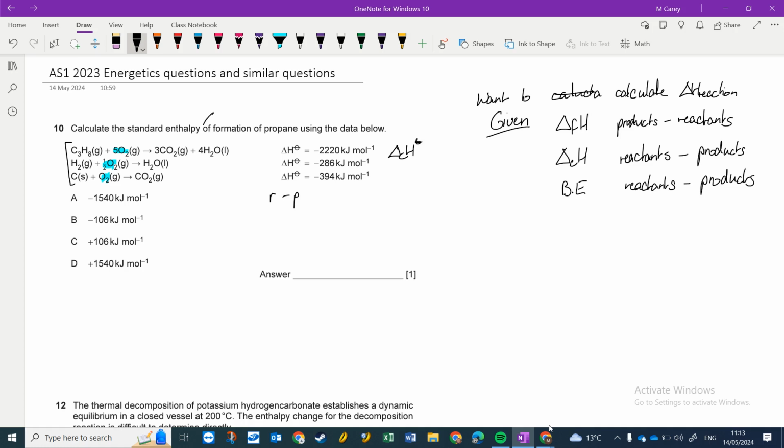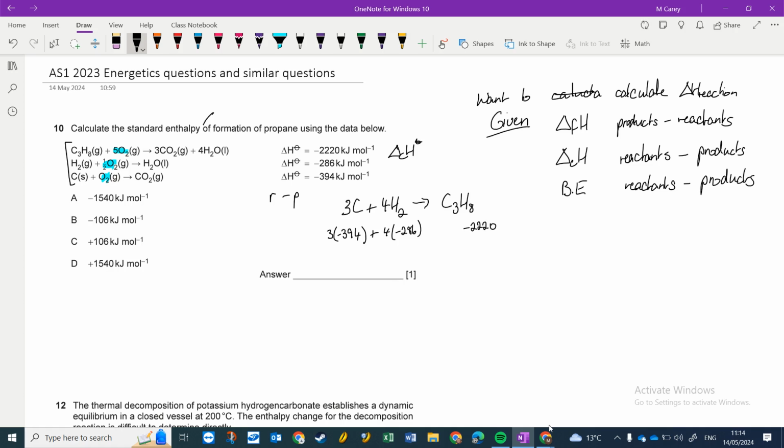So the standard enthalpy of formation of propane will be 3C plus 4H2 gives you C3H8. And then you would add together as necessary. So 4 times minus 286, 3 times minus 394, right? And then over here you have minus 2220. So when you calculate that,